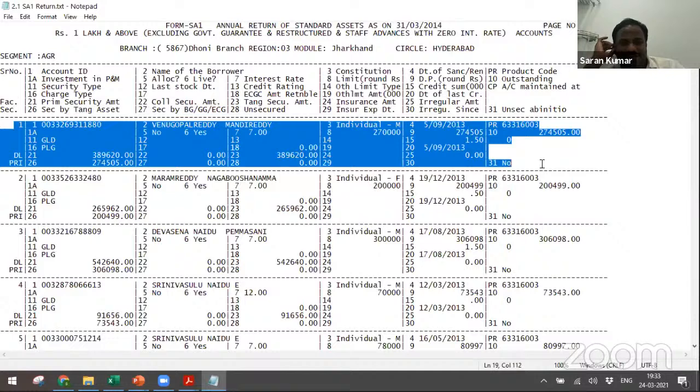Andhra Bank now gets amalgamated into Union Bank of India. So not sure, but I'm sure every bank will have a file like this, having all the columns. So this is very important to know all the details.